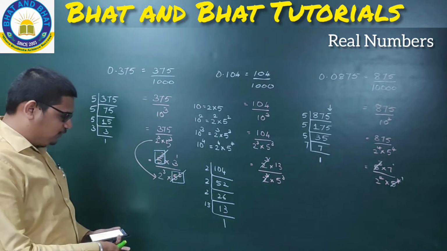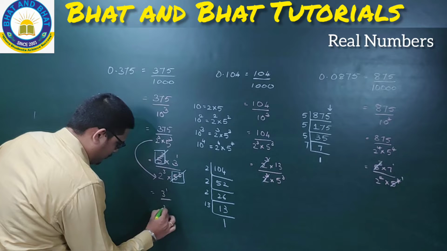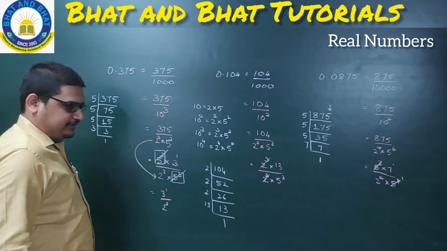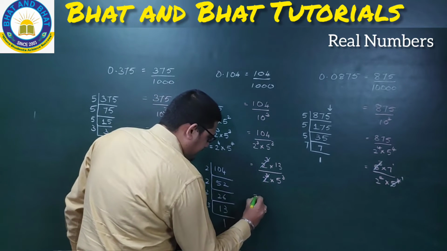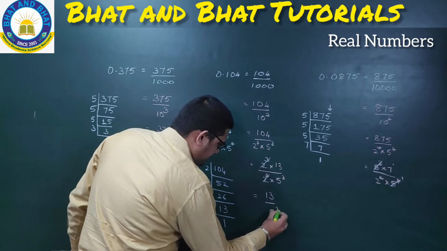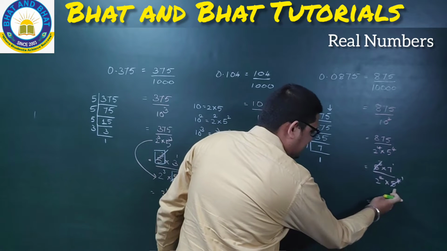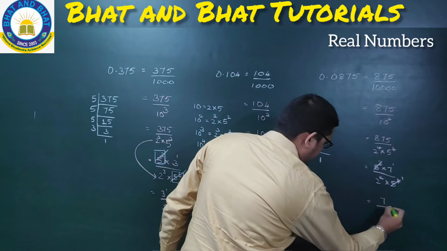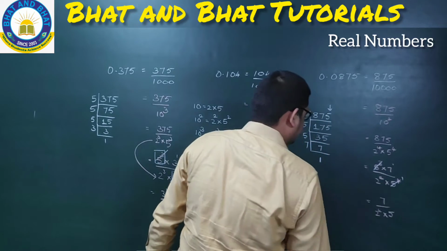So, how will it get reduced? Here this gets reduced to 3 power 1 divided by 2 power 3, as 5 power 3 and 5 power 3 are cancelled. Here 2 power 3 and 2 power 3 are cancelled. So, I am reduced with 13 divided by 5 power 3. And here 5 power 3 is cancelled with 5 power 3. So, 1 5 will be remaining. So, expansion becomes 7 power 1 divided by 2 power 4 into 5.